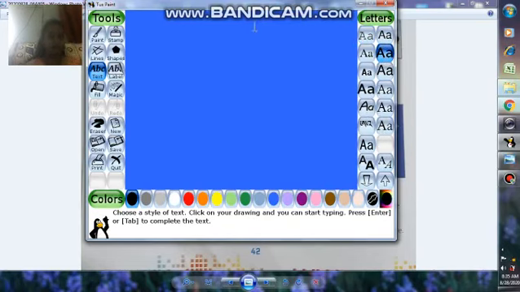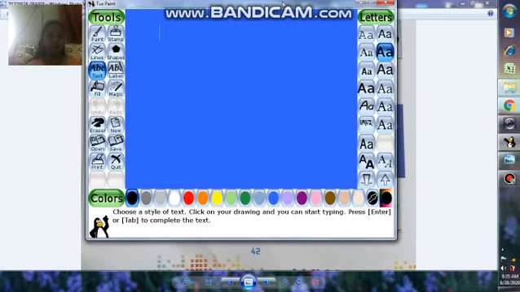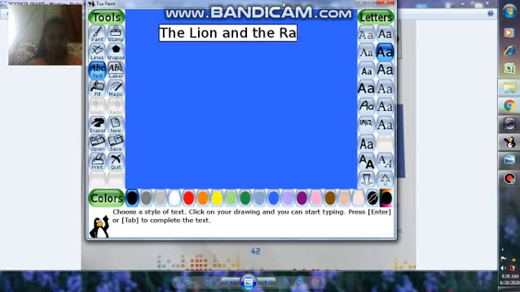Okay, so now go to here and type the text. Click the up and down arrow in the selector to increase or decrease the size. So this size is enough now. Now see what heading we have to give. The Lion and the Rabbit. Type from your keyboard: The Lion and the Rabbit. You can select any color, but right now I'm not selecting any color. Yes, the text tool is selected.